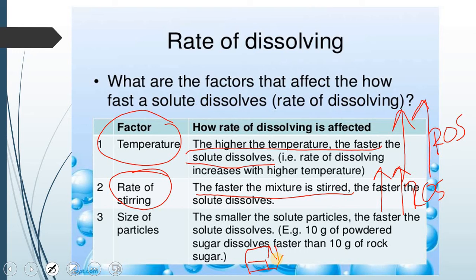Okay, so for example, if I have sugar cubes or like 1 tablespoon of sugar granules, okay, yang biji-biji putih, and if I have smaller size particles and I pour into water, for example, it will take much less time for me to dissolve. So this means smaller particles will make your rate of solubility increase compared to bigger particles like